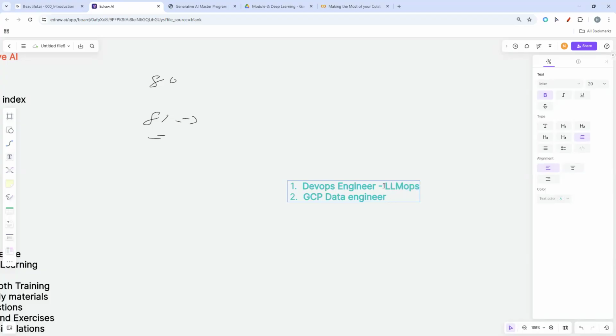All right, so you just have to learn about these LLMs, and how we build an application using LangChain, Llama Index, or RAG, whatever. So once you build that application, whatever the knowledge you're having in deploying it gives you a big plus, a very big plus. All right, so that is for DevOps engineer.